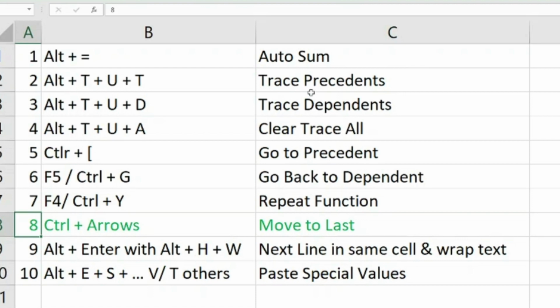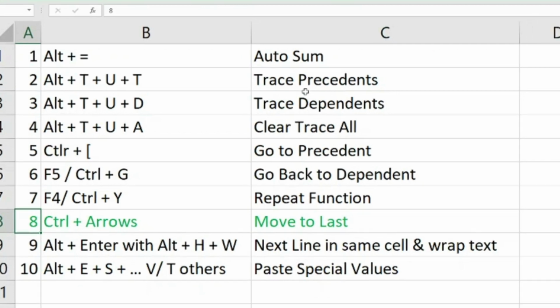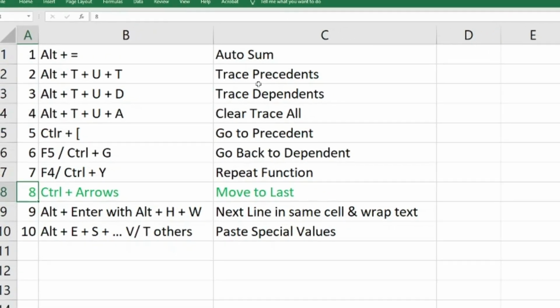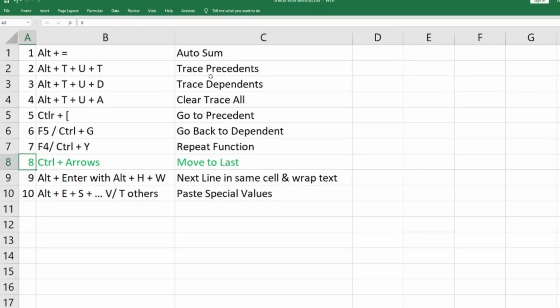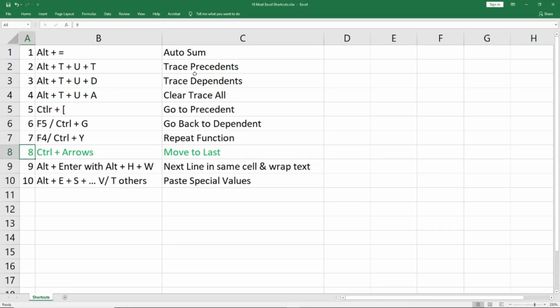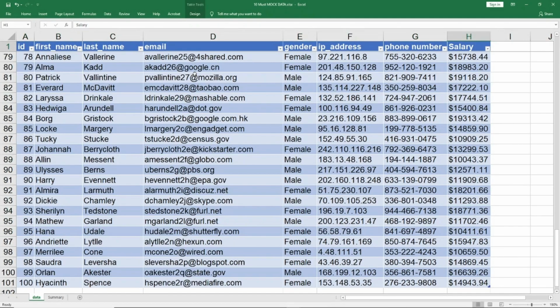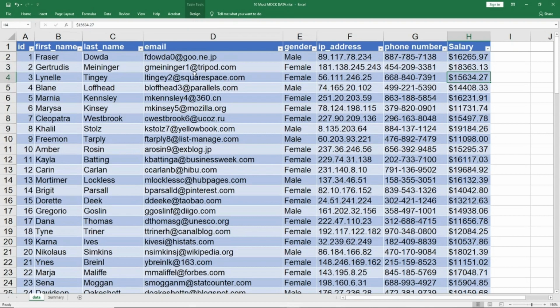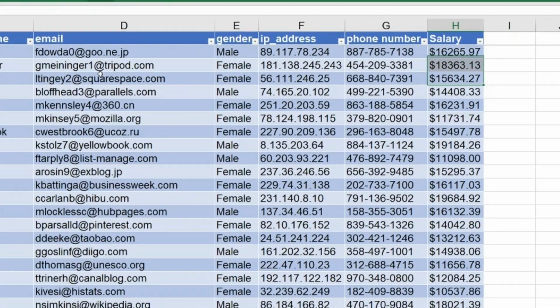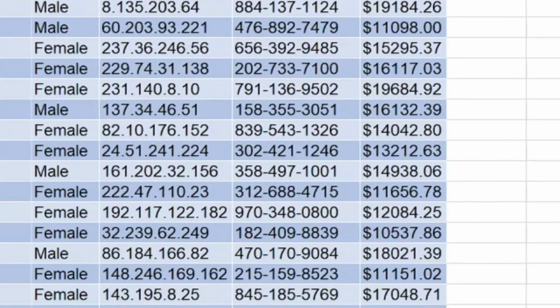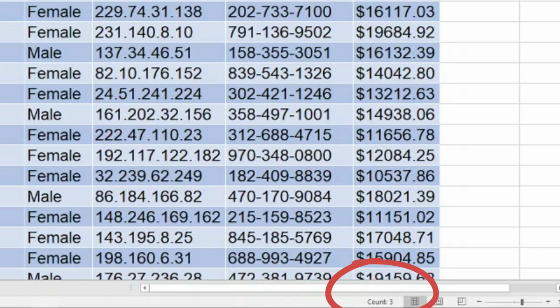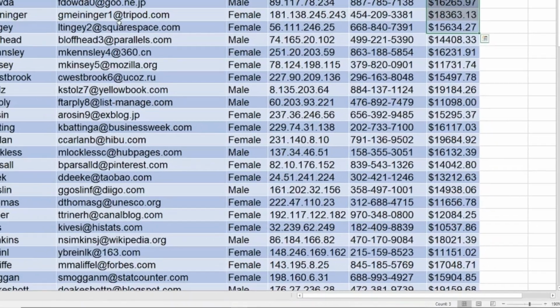I'm not doing the sequence. I know all of those are important, but I'm just trying to build a story here so that it's not only the formulas or the shortcuts I'm showing you, but how to use them. So what comes where is where I'm using them. So when I go here, I see, okay, these are not in the number format. How can I see that? If I select 2 or 3, I see at the bottom of my screen, it shows Count 3. It does not show me sum, minimum, maximum, average, anything but count. So it means it is not in the number format.